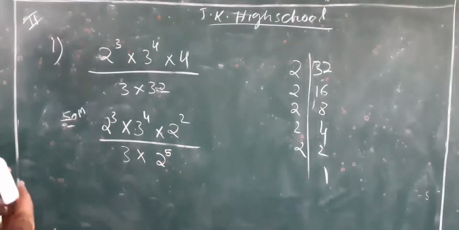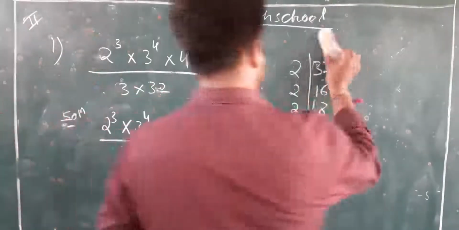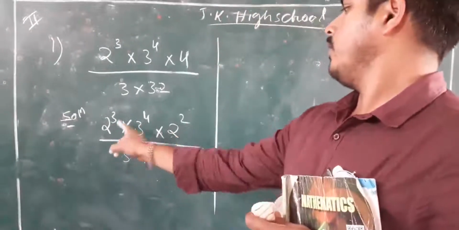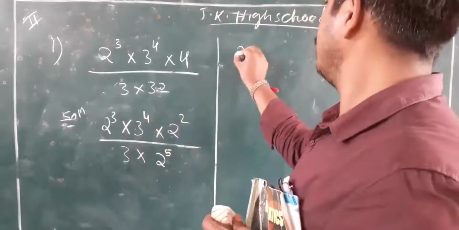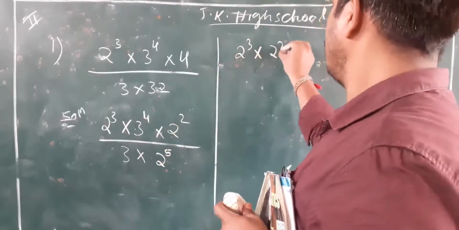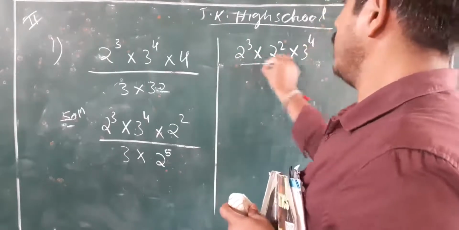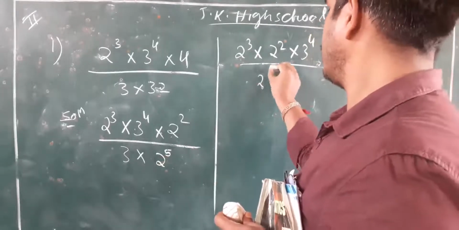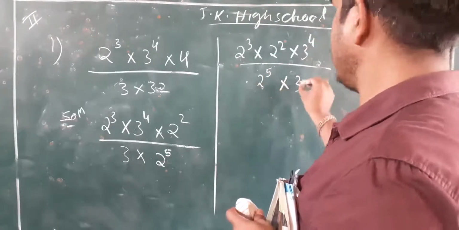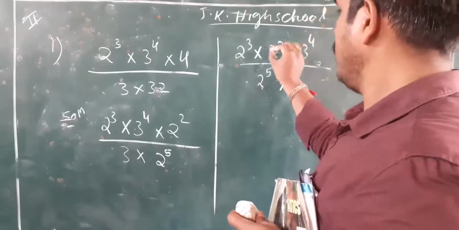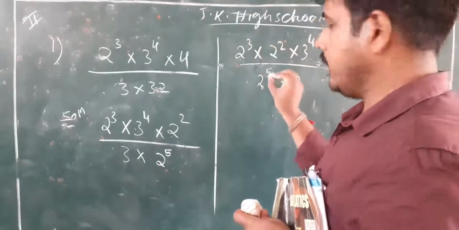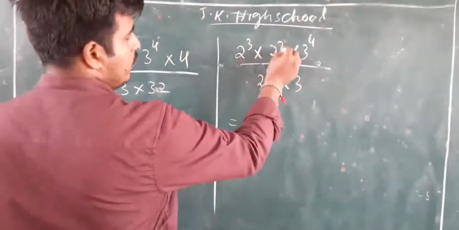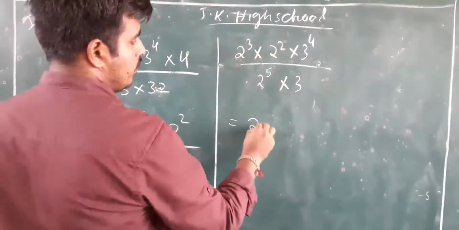Okay. Next you rearrange the question. That is, you bring this 2 square beside this 2 cube: 2 cube, 2 square, 3 raised to 4. You have to just rearrange the question. Here 2 raised to 5 into 3. Below 3, 3 should come, and the exponents with the base 2 should come together. Now you solve the 2 cube into 2 square, a raised to m into a raised to n, that is 2 raised to 3 plus